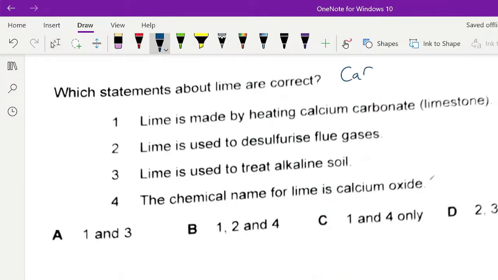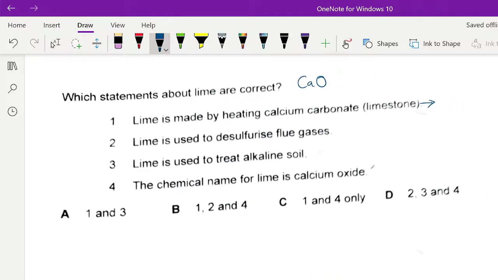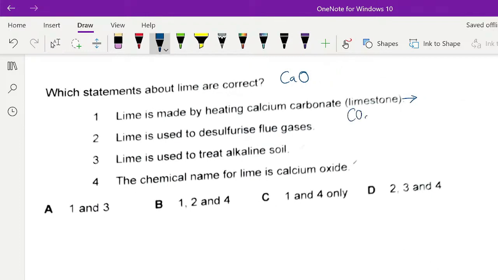Lime is CaO. So it's made by heating calcium carbonate, because calcium carbonate decomposes to give you carbon dioxide and lime, CaO. Alright. Lime is used to desulfurize flue gases. This is correct. What does it mean? It means that lime is a basic oxide. It will neutralize sulfur dioxide gases, which are acidic, in the